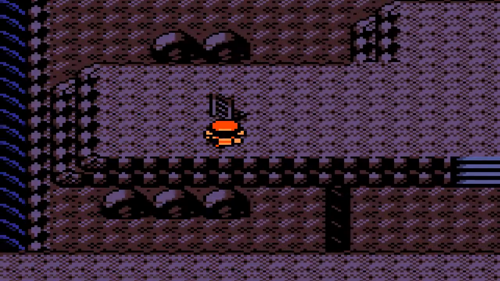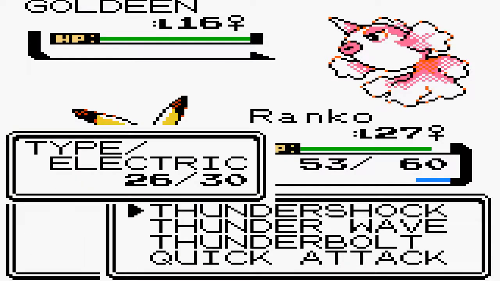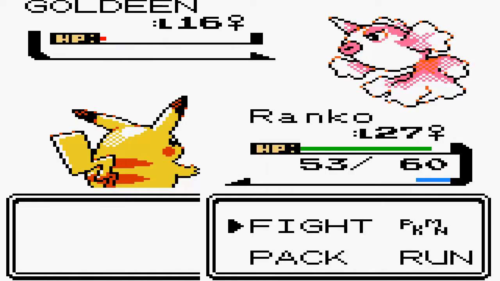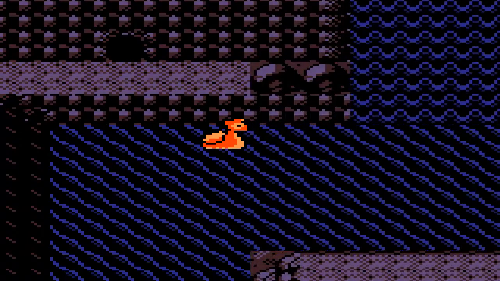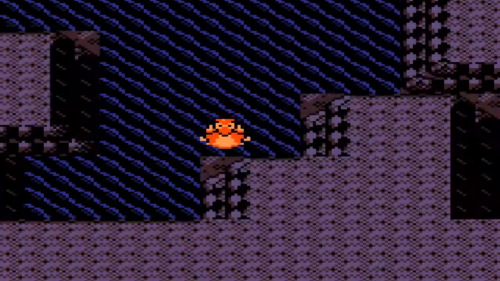Not what I wanted to do. Come on. Right here. Surf around. There's a Goldeen. That should easily be one-hit KO'd with a Thunder Shock. And it's not. What? Really, Ranko? Really? Come on. Stop failing. 125. I don't know. Let's just see what...